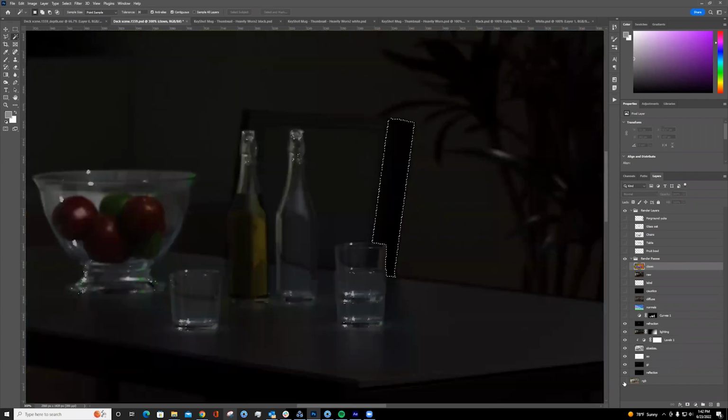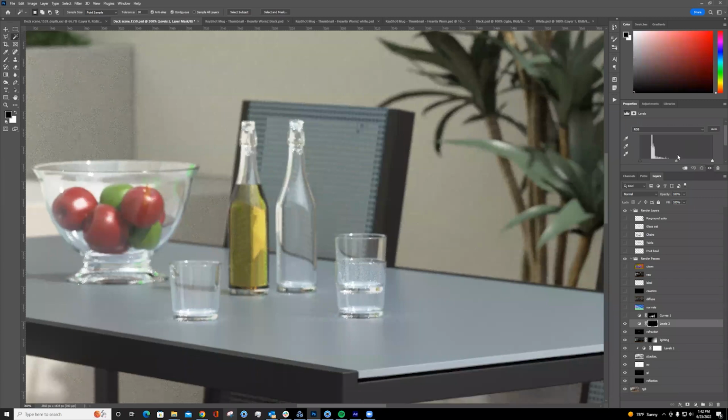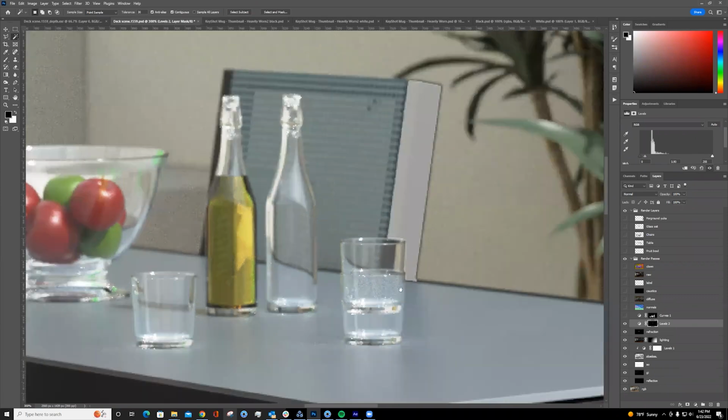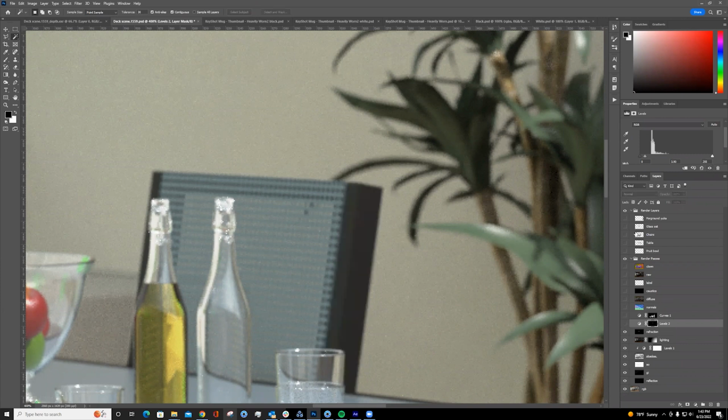Let me turn this back on. And I'm going to just do an adjustment just to show you. So I'm going to crank it up. So you can see that I have a line going around here. A couple ways of fixing that is when I select this, I enlarge my selection, then I put a feather to it, and then I apply it, and then I have to do some Photoshop to blend the two together. We found an easier way is that since we rendered the chairs on its own render layer,